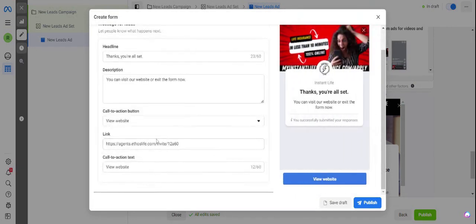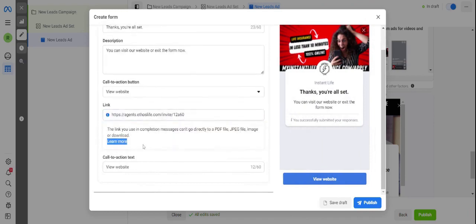Duplicate it, and then obviously put your questions in, what's your favorite hobby, anything you want them to add. And then at the end of it all, where did they go? So here, rather than your Ethos Life link, here I would put this as that's your calendar link, so they book with you. You want to go ahead and put your Ethos Life link as the completion link once they are done booking an appointment with you, right? So here on the completion page,